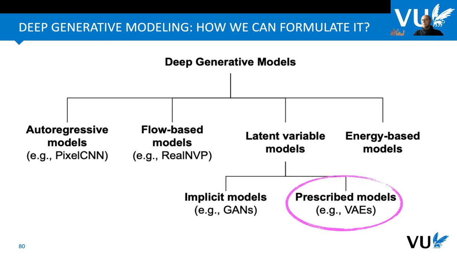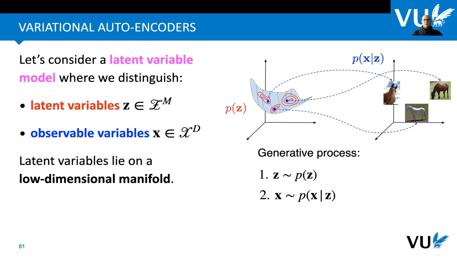Okay, so that's why I picked these three classes of models for you. So what are variational autoencoders? They are models that can be classified as latent variable models. Latent variable models are models where we introduce some auxiliary latent variables next to the observable variables. And this is motivated by a very nice generative process that you can summarize as follows: